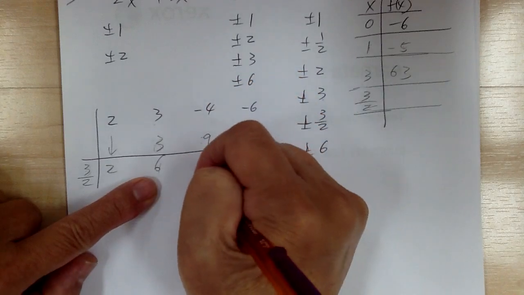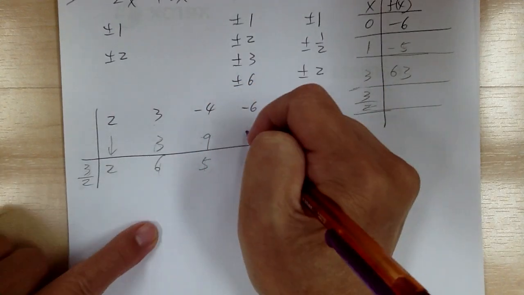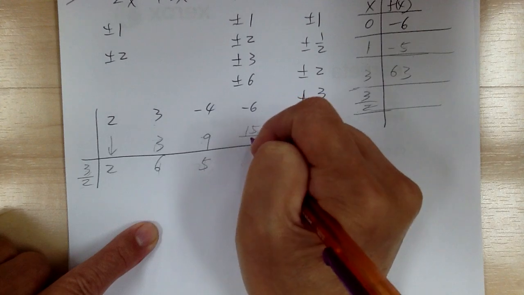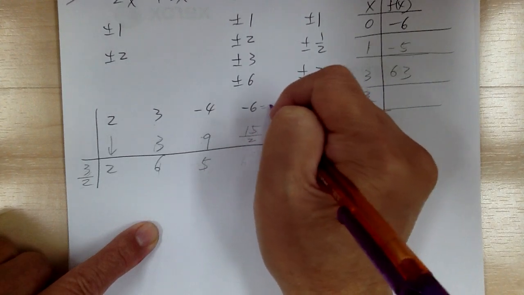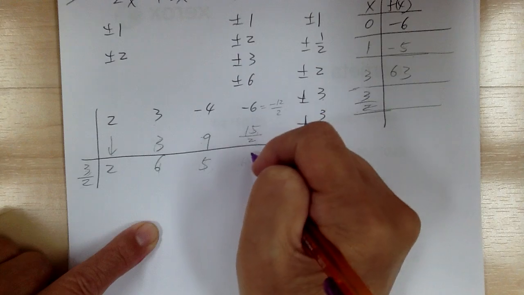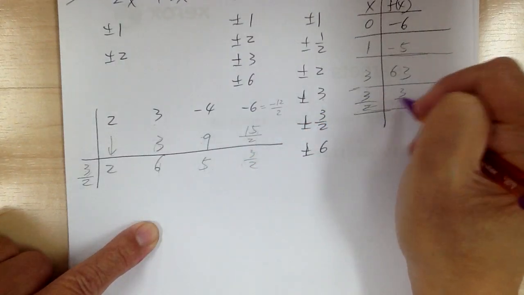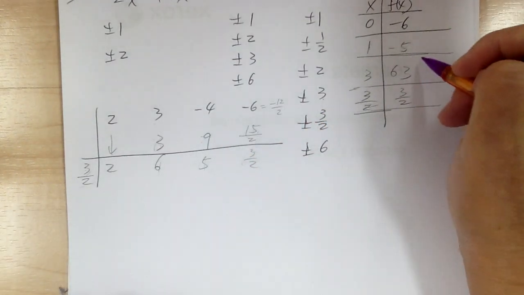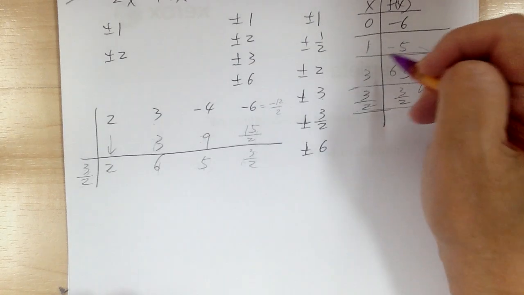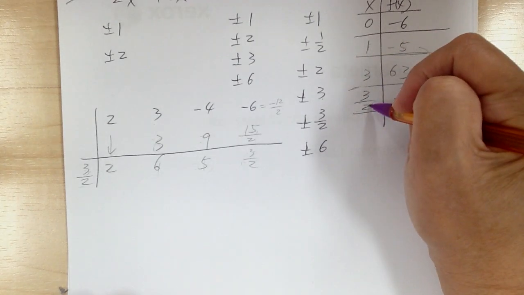You add, you get 5. When you multiply, you get 15 over 2. And this will be equal to negative 12 over 2. So I get 3 over 2. Okay, so it looks like it's going to be a number between here and here, but there's no number in